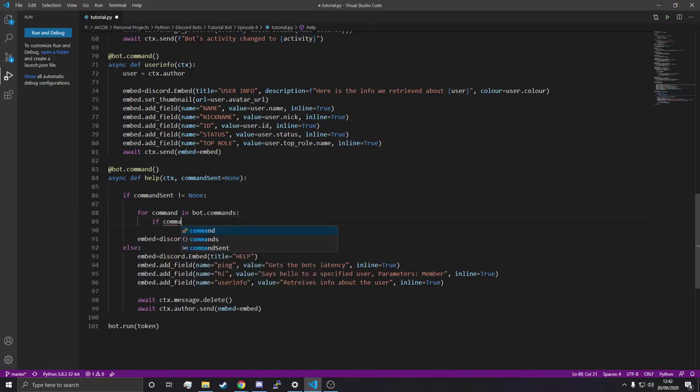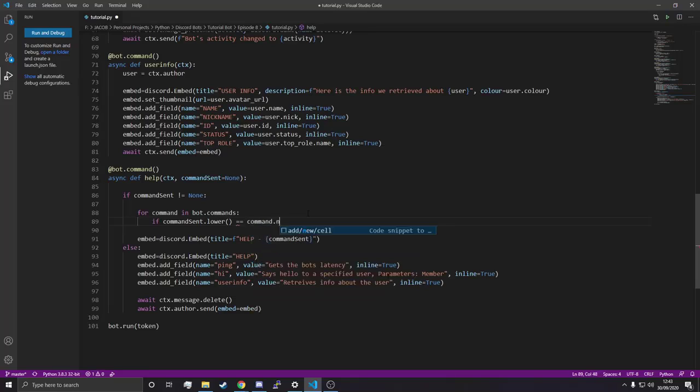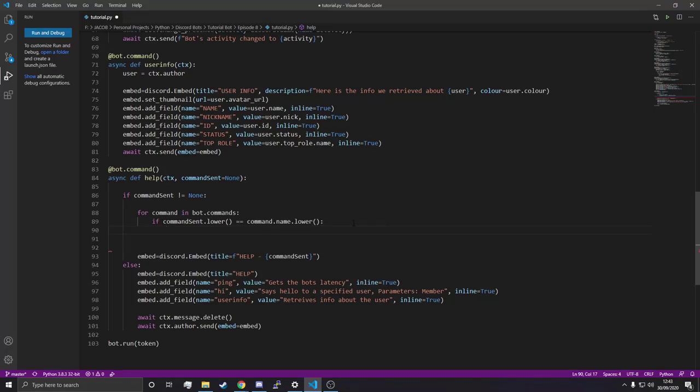If command sent, and we're going to do dot to lower. Wait, not to lower, just lower. Equals, what's no equals, command dot name. And if that's the case, we need to do dot lower here as well. And if that is the case, and we find a command with a name, all we want to do is